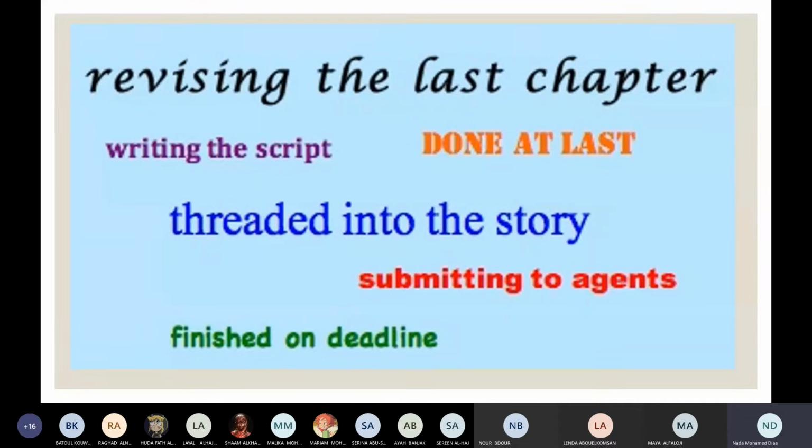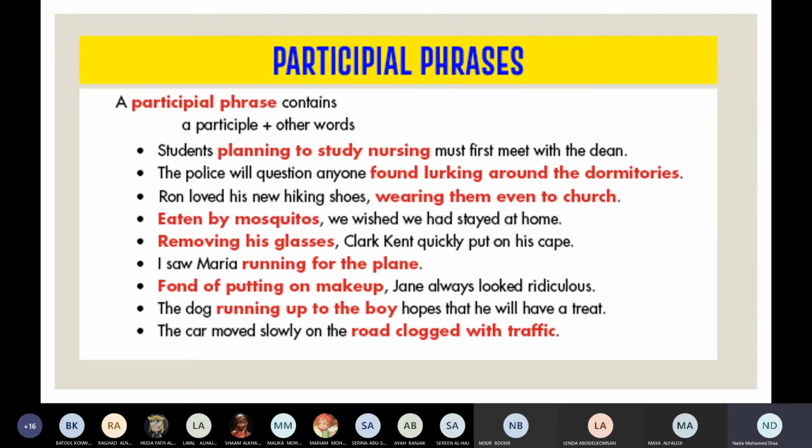Writing the script, okay, comma, I couldn't sleep all night. Submitting to agents, comma, the client lost his temper. Examples for participial phrases. Look here, it can come as phrases, can come after the noun it modifies or before